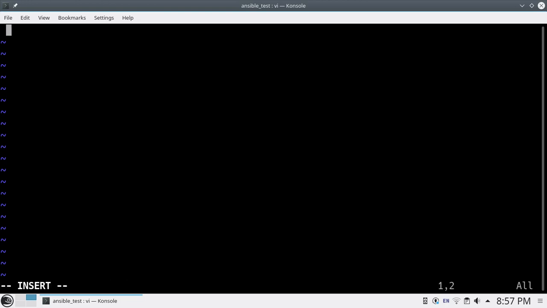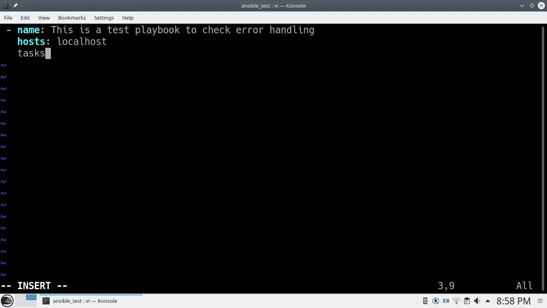First thing we'll do, we'll create a demo playbook. This is a test playbook to check error handling. Here for hosts you put localhost, because I will be running on the local server only.